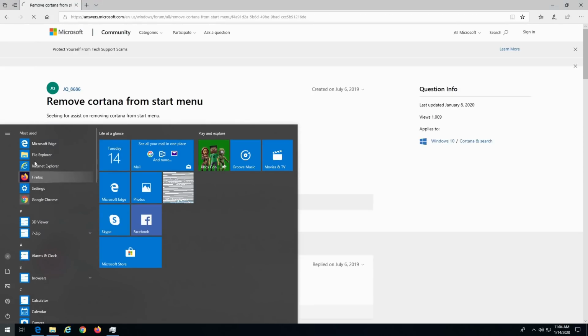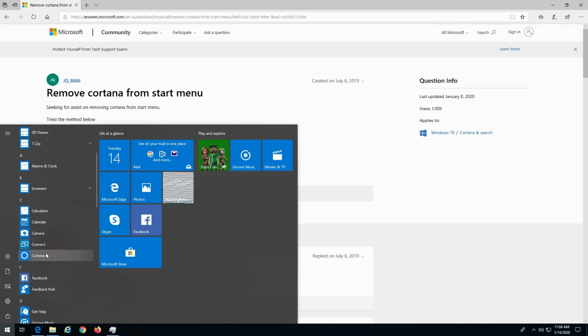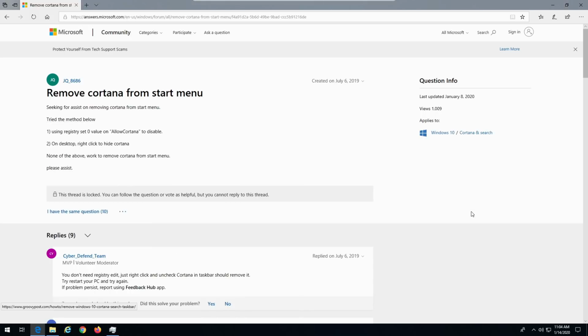So if you notice down here, we can go into the start menu and we have Cortana. Now, I don't want to use Cortana. I don't want anything to do with Cortana. I don't want it on the system. I would like to just uninstall it. You can't. You can through PowerShell. Again, you can actually uninstall a lot of these things.